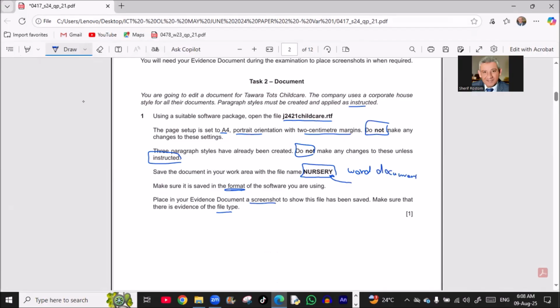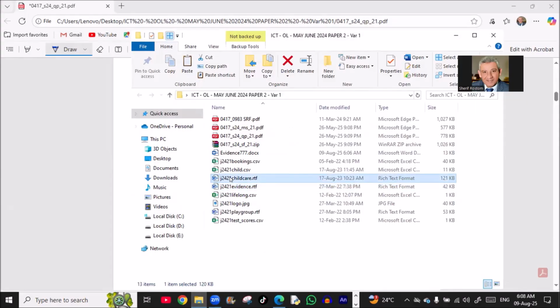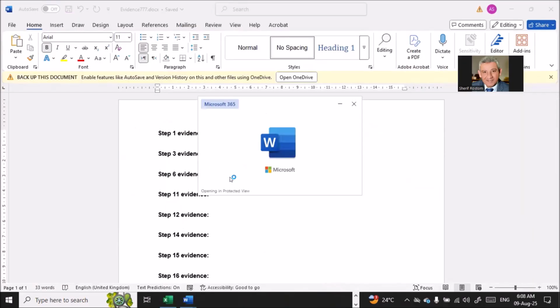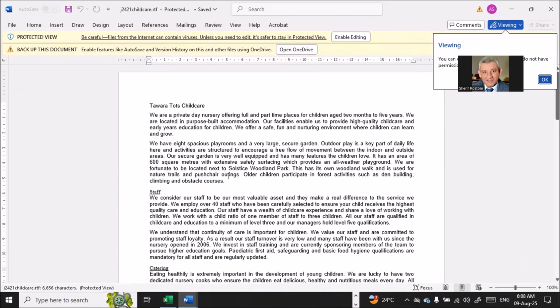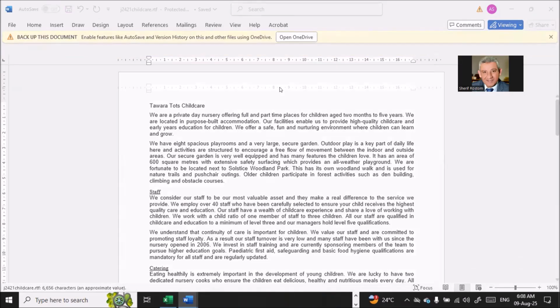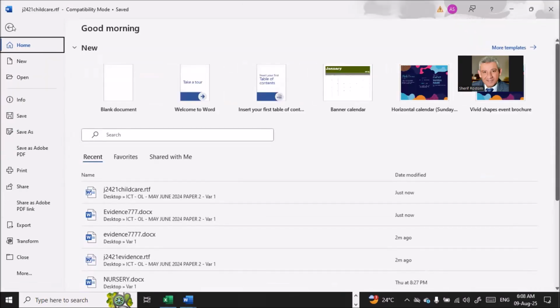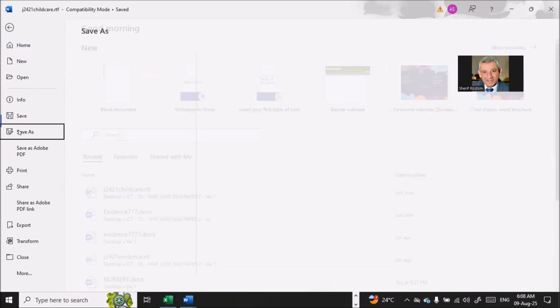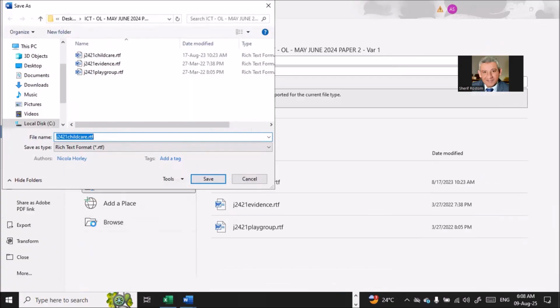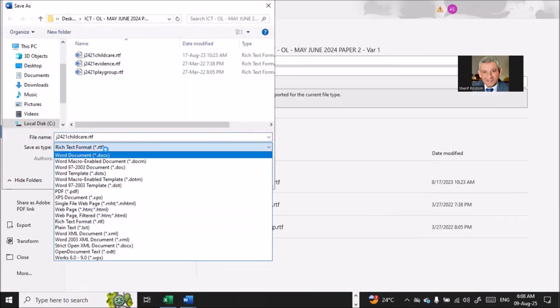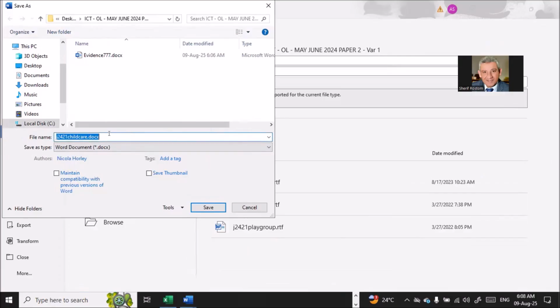Okay, so we'll go to open the file child care. Go to our work area, our child care. We'll open this file. Then we'll go to file, save as, in our work area as a Word document file, and name it as nursery. Okay,